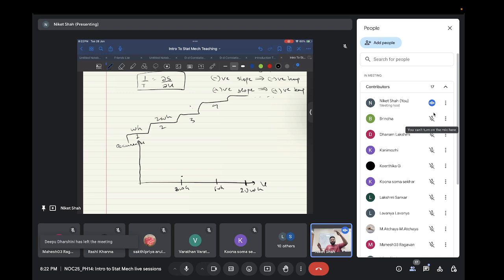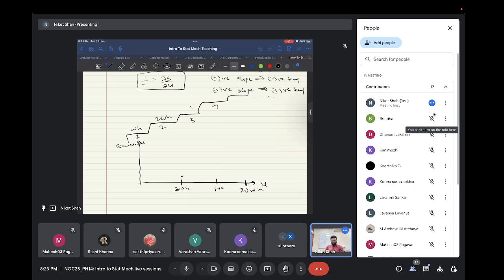If I have 40 WH, then the possibilities increase, because I can use all the previous steps from 0 to 40 to arrange those three marbles. If my total potential energy is 80 WH, I can use all the 80 steps below and arrange those three marbles to give me 80 WH. So that is why the number of occurrences keeps on increasing as you keep on increasing the potential energy.